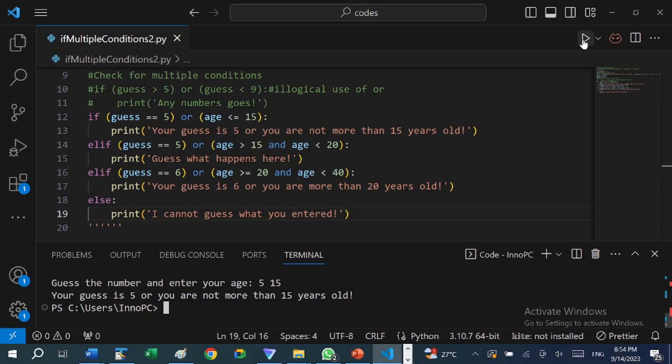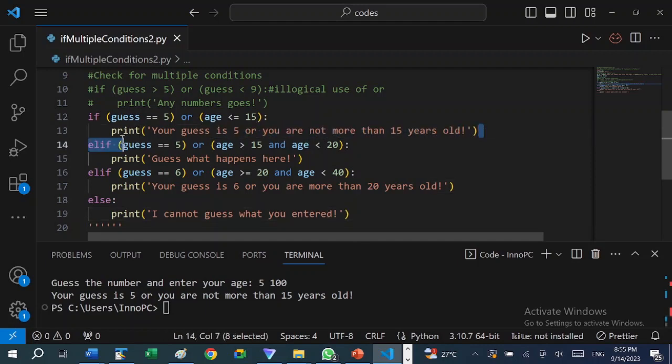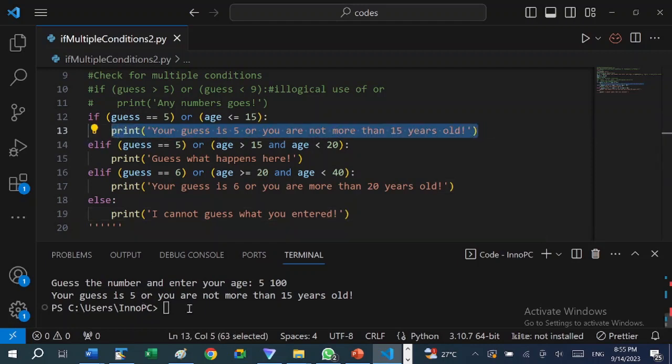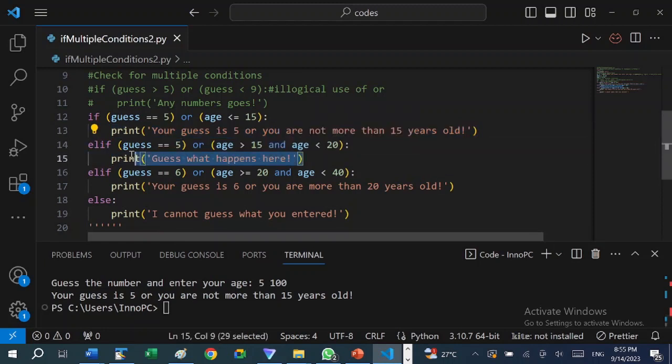If we run this program again, as long as you type 5, if you like, type 100, it's going to go back and tell you your guess is 5 or you are not more than 15 years old, because we already satisfied the first condition of 5. So this part of the code does not execute at all. As long as you are typing 5, it will not come here.